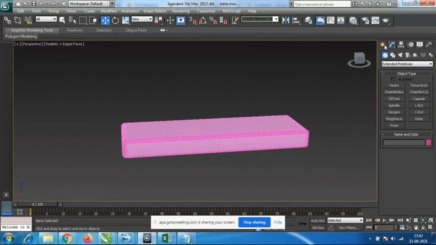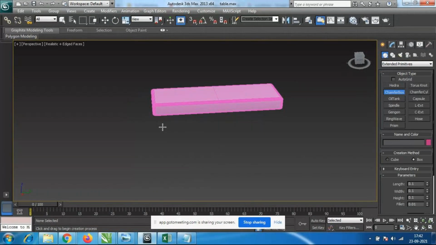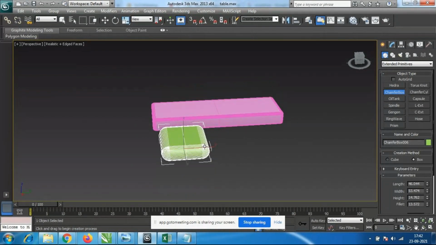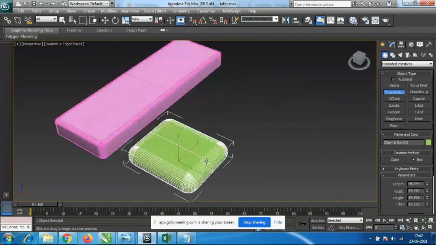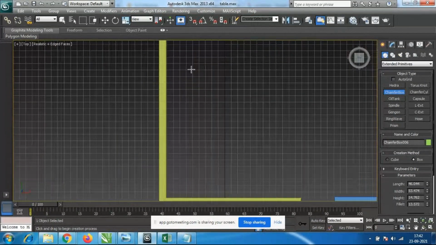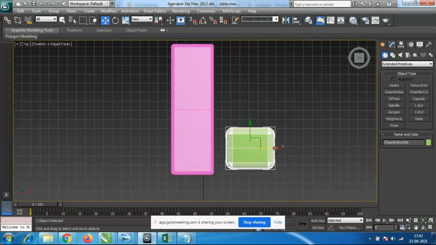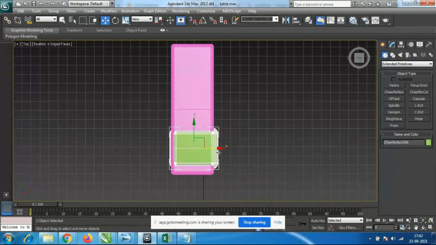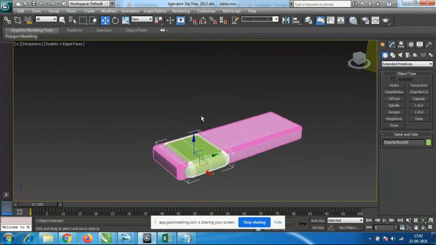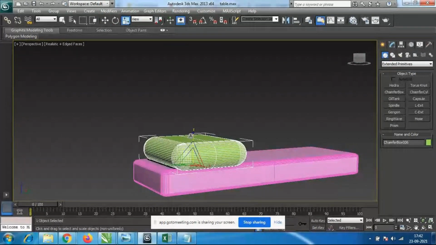Next I will go to chamfer box, again I'll take one more box. I'll make a soft shape like this and I'll go to this top view, and where is my W, perspective view, how much ever thickness I want. I'll just use this R.